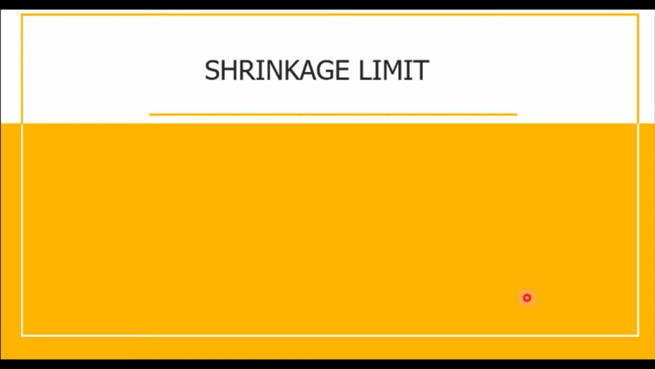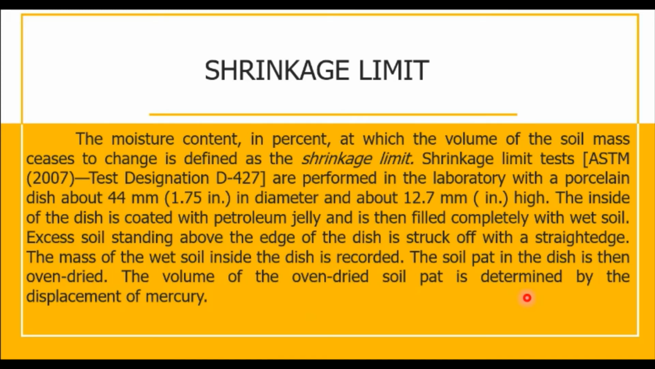And the last moisture content that we are going to tackle is what we call the shrinkage limit. So again, the shrinkage limit is the boundary between the solid state and the semi-solid state of the soil. So it is the moisture content in percent at which the volume of the soil mass ceases to change. And shrinkage limit tests, or ASTM 2007 test designation D-427, are performed in the laboratory with a porcelain dish about 44 mm or 1.75 inches in diameter and about 12.7 mm